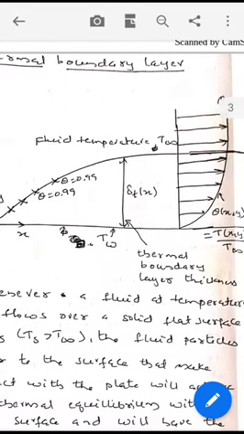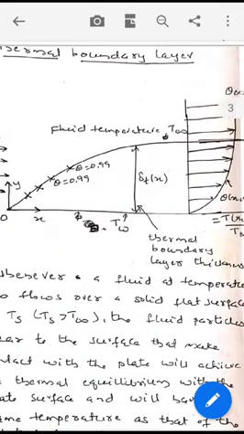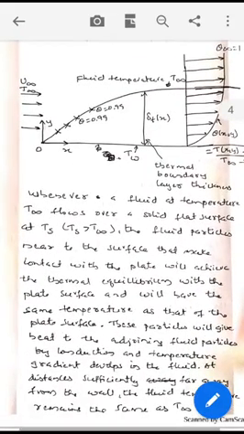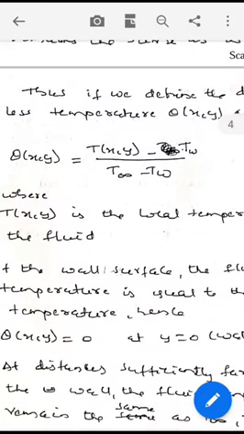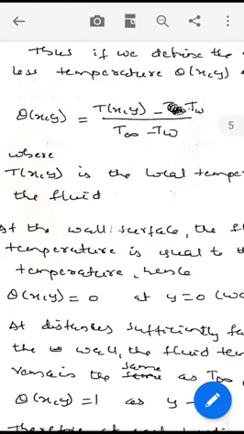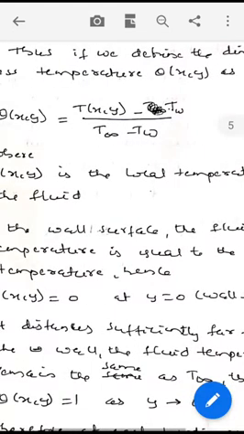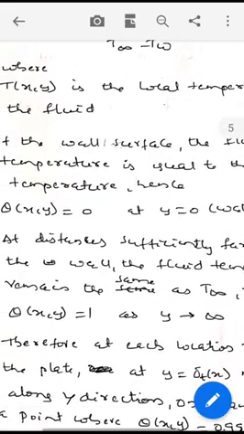The temperature gradient developed goes on decreasing as we move away from the bottom, and at sufficient distances away from the plate, it is observed that the fluid has attained the same temperature as the free stream temperature T infinity. Thus, if you define a non-dimensional temperature theta, theta xy is equal to Txy minus Tw by T infinity minus Tw, where Txy is the local temperature of the fluid particle in the fluid,